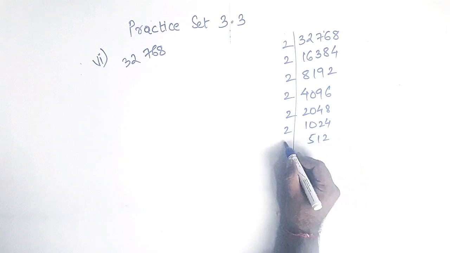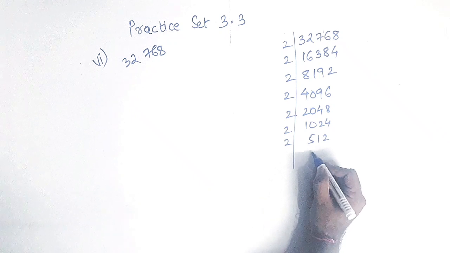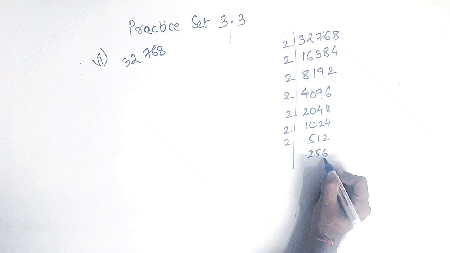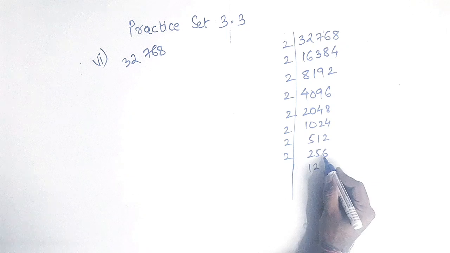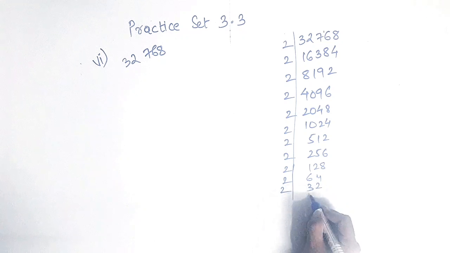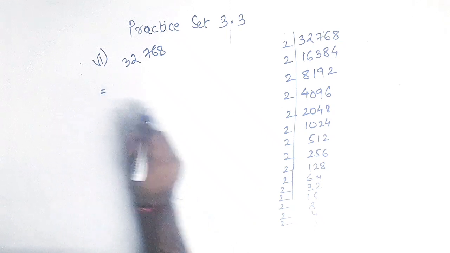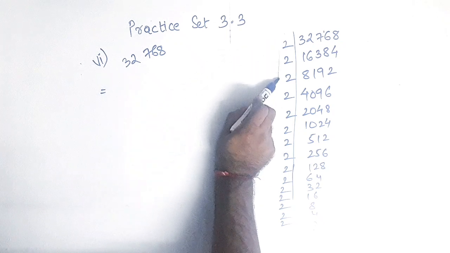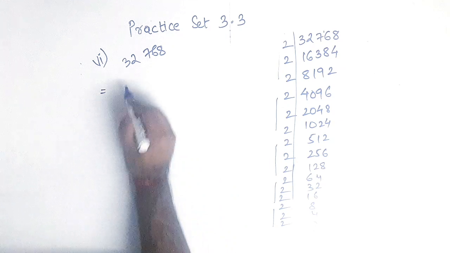2 5 1 2. You know 5 and 2 is having 8 2's further. So this will be 2 5 6, here it will be 1 2 8. Okay, 2 64, 2 32, 2 16, 2 8, 2 4, 2 2 and 2 1. Okay. Now how many 2's can you count? Sets of 3 I'll take. 1 set, 2 sets, 3 sets, 4 sets and 5 sets. There are 5 sets of 2.